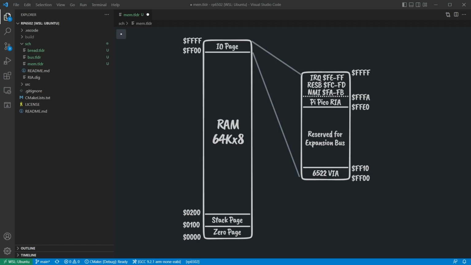The 6502 can address no more than 64 kilobytes of RAM. If a full 64K was practical, that's what I'd do. But the 6522 VIA needs address space, so does the PyPico. And let's leave some room for expansion. Turns out we don't need much of the 64K for interface chips. Most require between 4 and 32 addresses, so reserving a full page of 256 bytes feels about right. Deciding which page is easy. The highest 6 addresses contain the 6502 interrupt and reset vectors. We want the PyPico there so it can bootstrap the 6502.